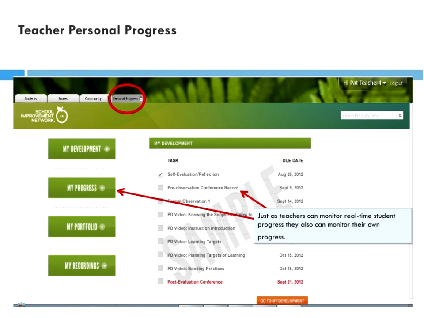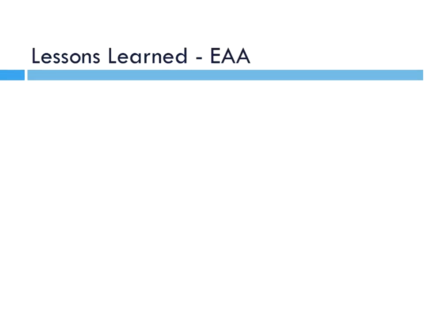And so we have an entire part of the teacher side of the platform that has teachers' ability to track where they are in their evaluation. We expect them to film themselves at least twice a year and share that practice with their peers and PLCs. They can post their recordings there. They also build their own portfolio of evidence of their practice.